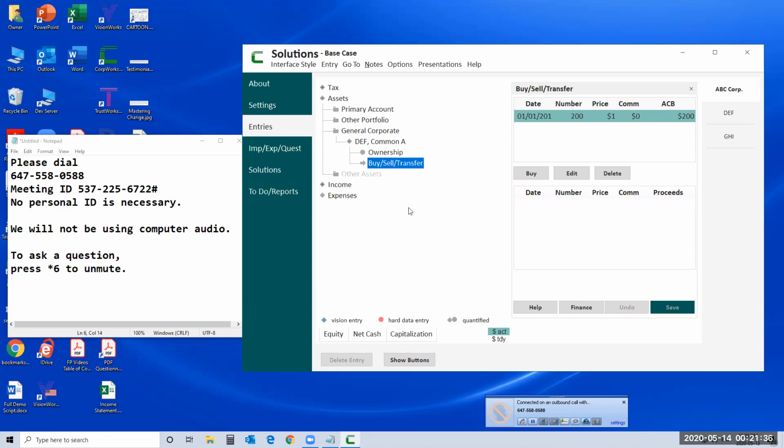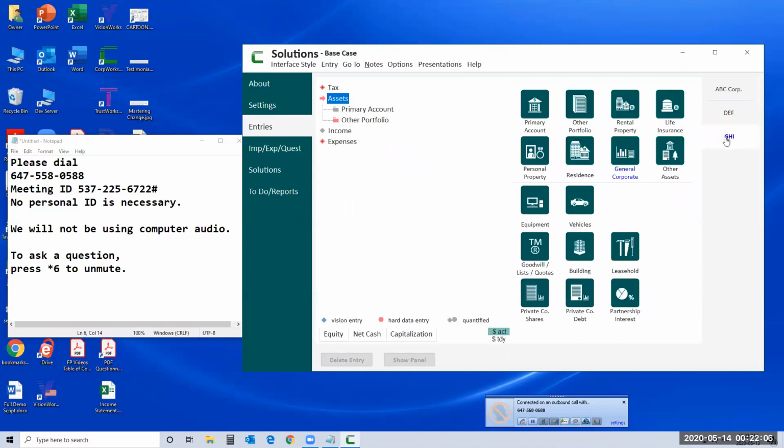And the reason for that is that companies are perpetual, so DEF could have been around for a very long time, and what ABC actually paid for it could be quite different from the original issue price of the DEF shares. So we have to consciously go in and say, what did ABC pay for this, and therefore what is ABC's